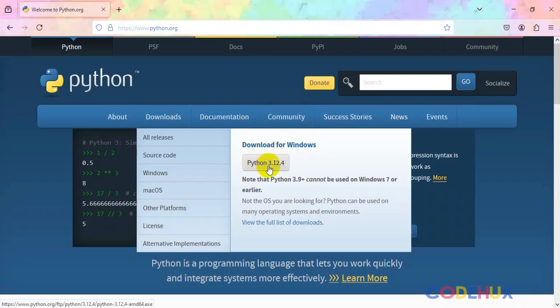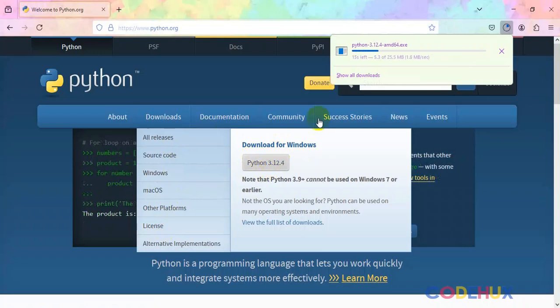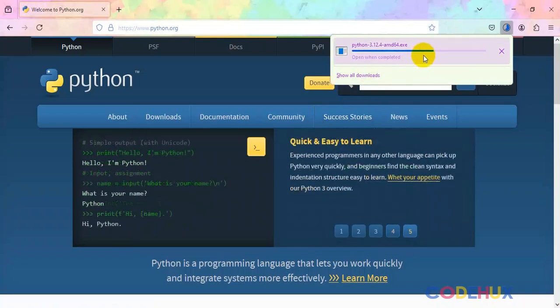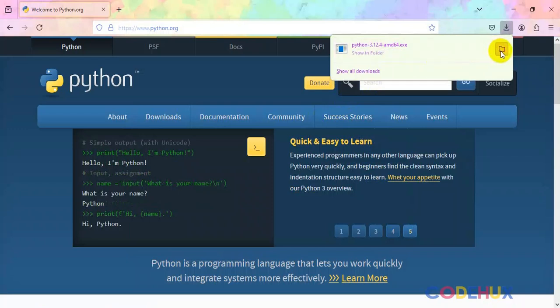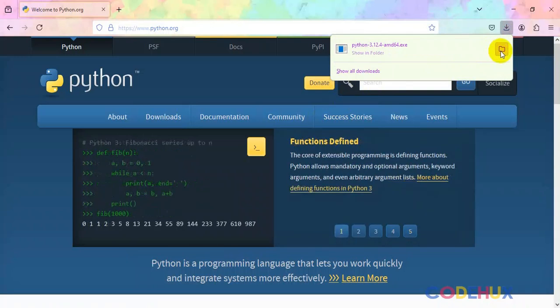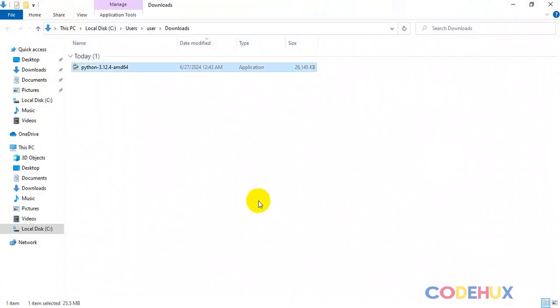You just see this download button, and you can click on it, but you can also see other operating systems here. Just click on this download. It will start downloading as you see here. Once it's finished downloading, you can click on this folder icon to navigate to where your downloaded files are on your computer. It will take us to where the file is. Once you see the Python file that you have downloaded, just double click it. But mind you, before I double click it to install it, let me show you how to know if